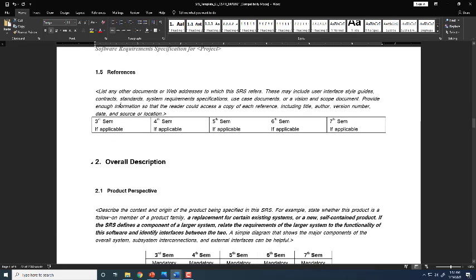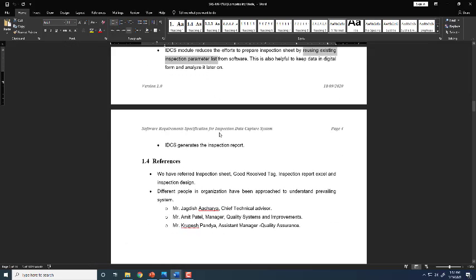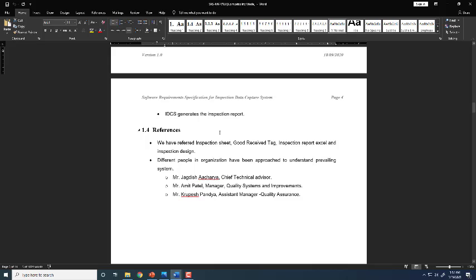The references, you may specify the web addresses for which you have referred certain web addresses to document this process, or some technical references you can specify over here. So over here the references we have taken as the person, because we have contacted 3 persons over here, so that person names are mentioned over here.